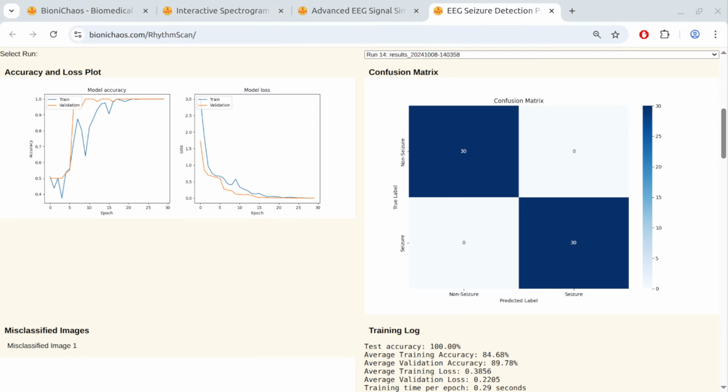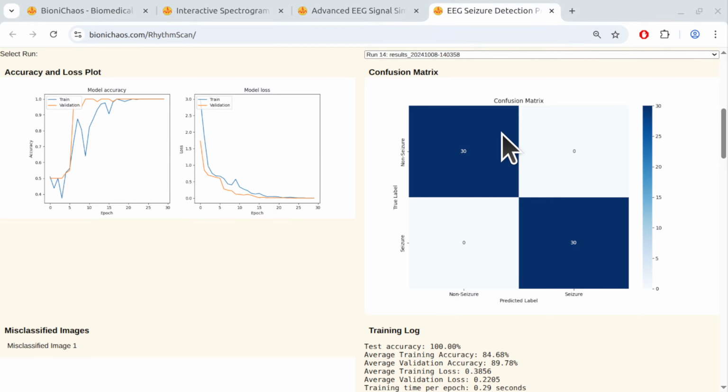And dealing with data imbalance is a big one. In reality, you have way more normal EEG data than seizure data. Making sure the AI doesn't just get lazy and predict normal all the time is crucial. Okay. Looking ahead, the goals are really exciting, making the models even more robust, maybe using more advanced architectures like